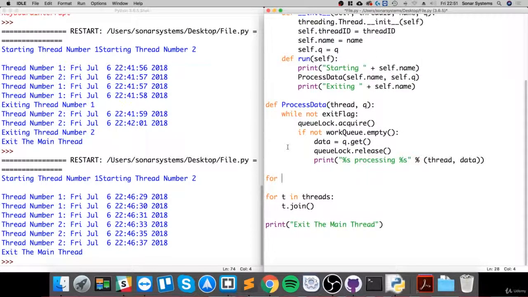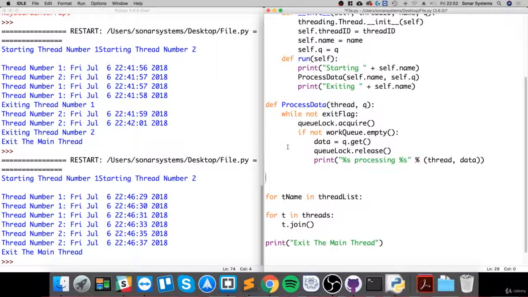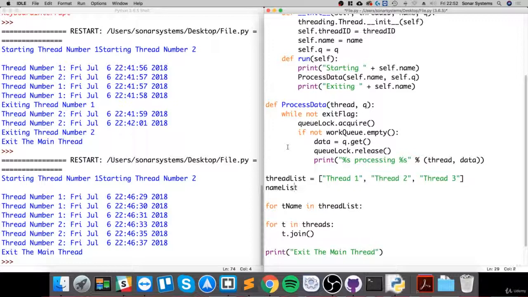So I'm going to say for, so we're going to get all of the threads in the thread list. So for all of these threads in the thread list, there's lists here that I totally forgot. We need to create a thread list. So this is a lot more dynamic. That's going to say thread 1, thread 2, thread 3, name list